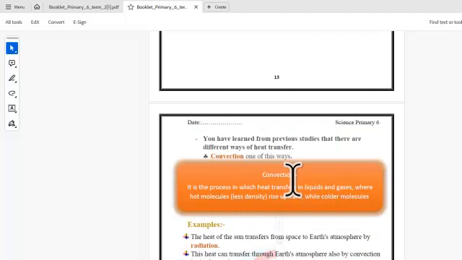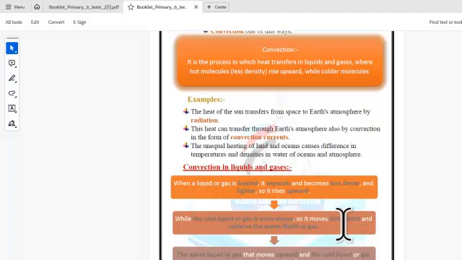You have learned from previous studies that there are different ways of heat transfer. Convection is one of these ways. Convection is a process in which heat transfers in liquids and gases, where hot molecules rise up. Hot molecules have less density while colder molecules have higher density. Example: the heat of the sun transfers